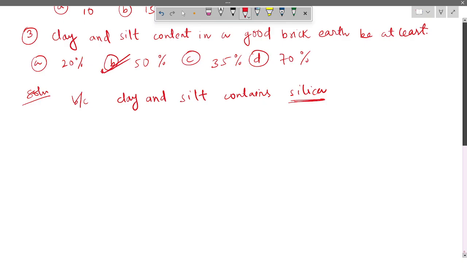Okay. Now we will move to the fourth question. This is also one of the questions asked in previous SSC JE. So we will solve chapter wise. We have taken bricks and brick masonry. The fourth question is: